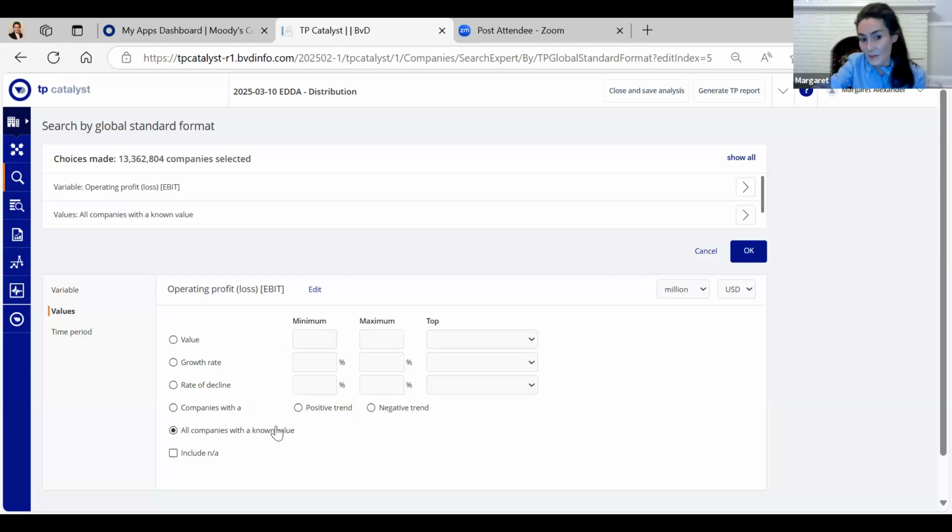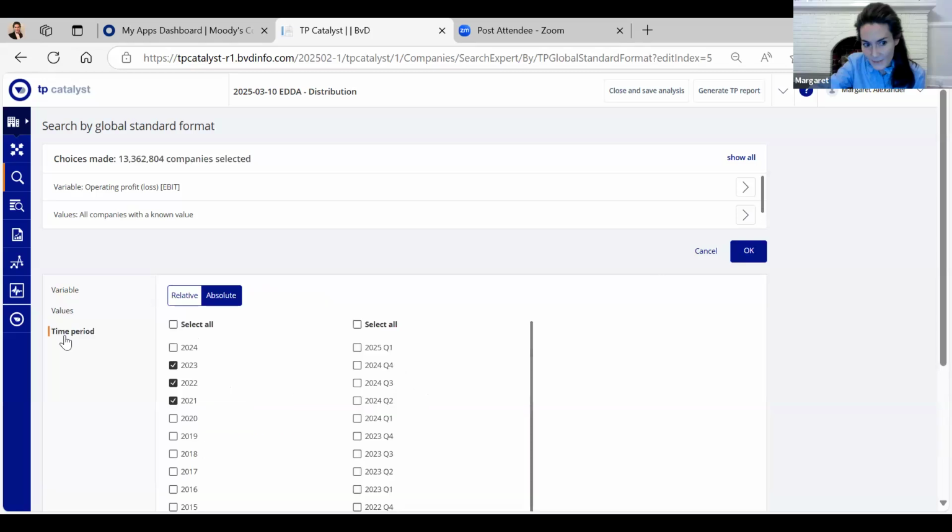But if I would have been thinking, I would have just picked value here and put a minimum of 0. And doing that tells the tool that I want companies that are at least breaking even and not making a loss. But instead I selected all companies with a known value.